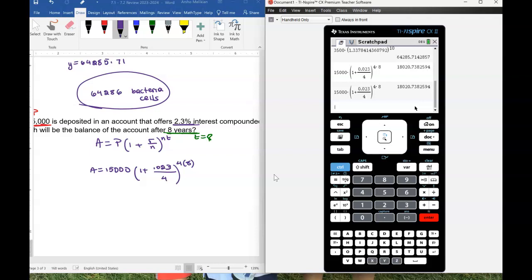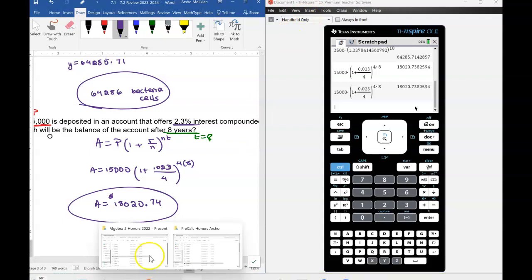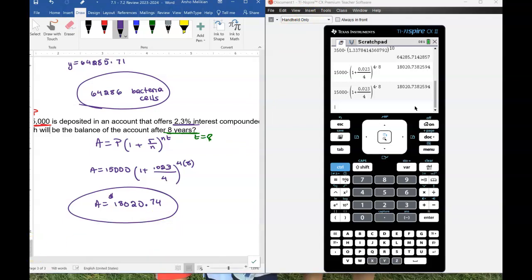And now, this is 18020 point. And if this is money, then how do I round this if it's going to go to the second? Right, so it'll be what? 74. Okay, so that's that. Any questions? Okay. Right, so then the